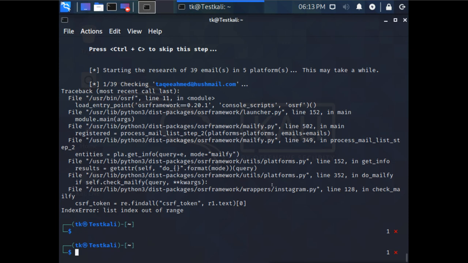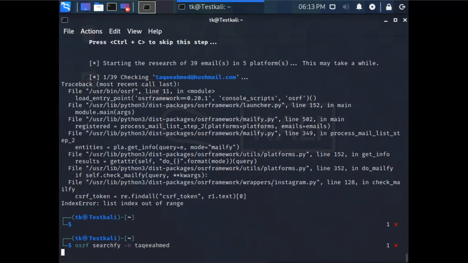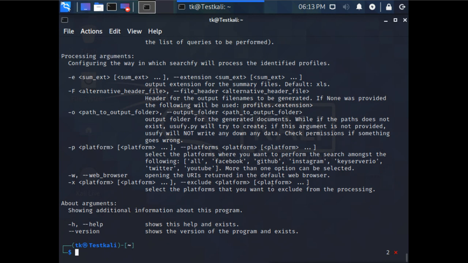We can use search.fi also. It will also search this name. My spelling is wrong.